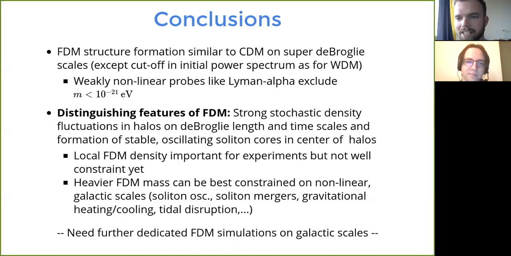If we have that axiverse, then there's naturally not just a single axion-like particle, but a range of axion-like particles on a logarithmic mass scale. So there would naturally be a few particles that are probably